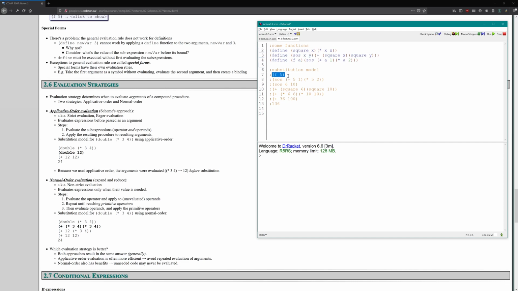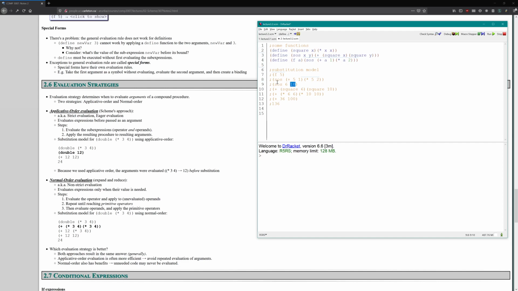Okay, so we saw the substitution model, which follows the general rule, or now we can call it applicative order evaluation. We pass in 5 into f, so we do that substitution. So we have the body of f, where a has the value 5. And then before we can apply this sum of squares procedure to its arguments, we need the values of those other sub-expressions. So we get plus 5, 1 becomes 6, times 5, 2 becomes 10,